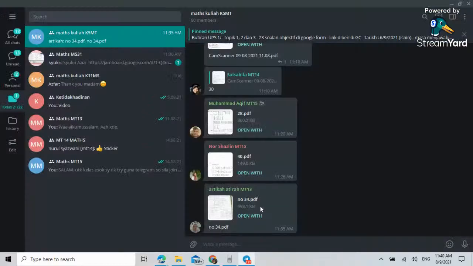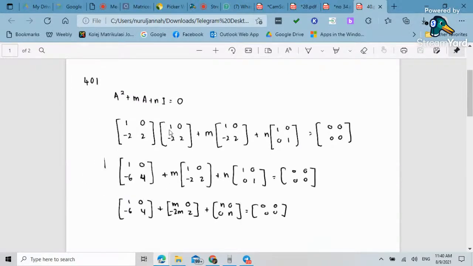Can anyone share question number 28? The other group. Okay, so for question number 40, you are given this matrix equation, and then you need to find M